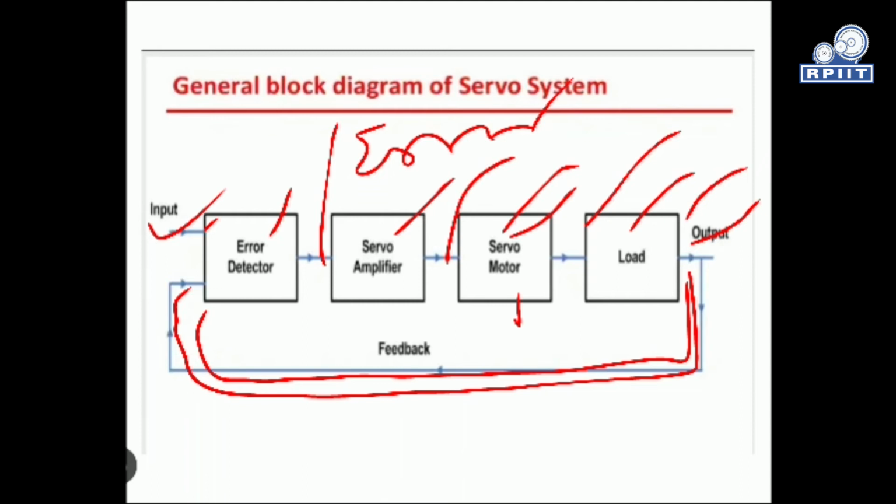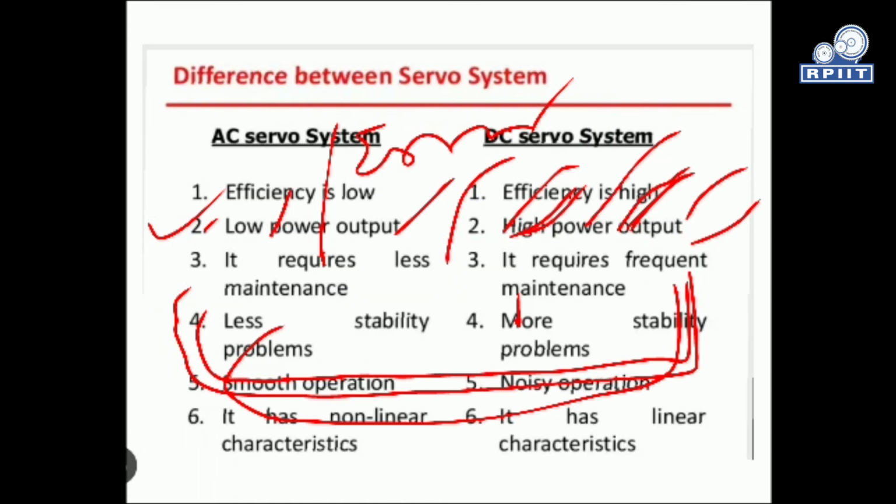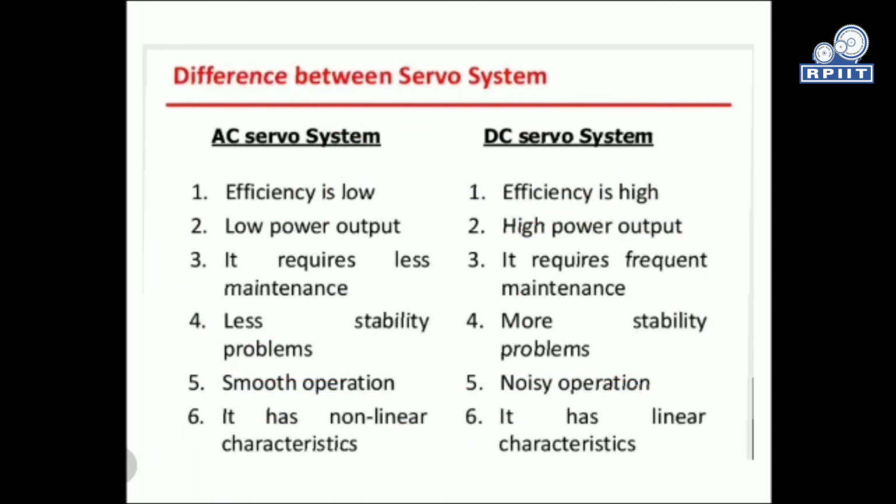As the output of the servo motor is basically speed of rotation, our load will also be moving. The servo motor speed will either accelerate the load or give some velocity to the load. So simply we can say that our servo system is nothing but a mechanical position, velocity and acceleration feedback based system. There are two kinds of servo system, basically the AC servo system and the DC servo system.